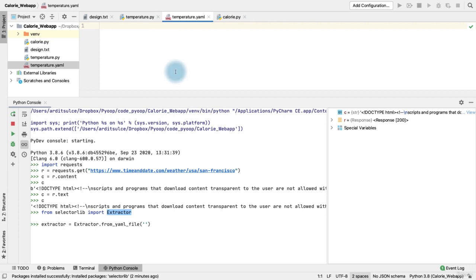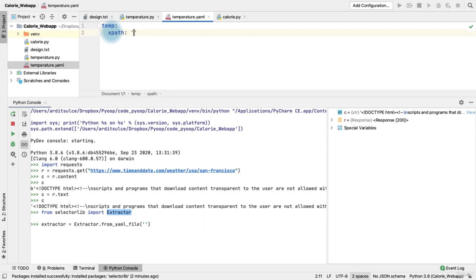Don't worry about that. It works like this. I'll give it a name, or let's say just temp, a colon, press enter. You need some indentation, 2 spaces is enough, and then write xpath, a colon again,